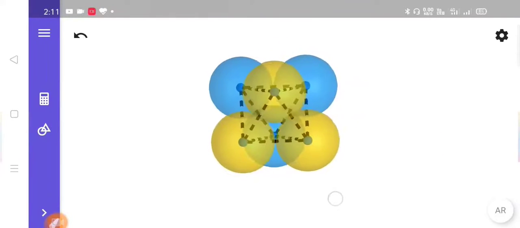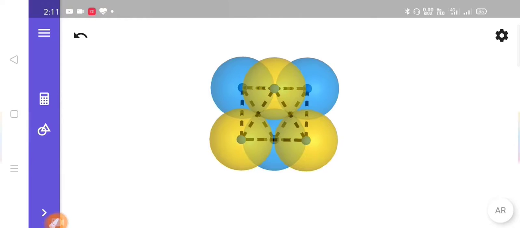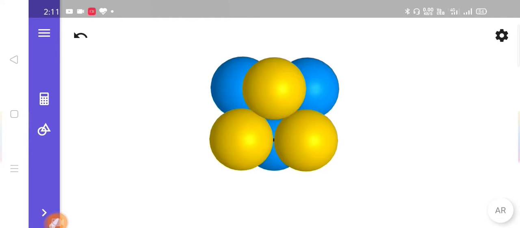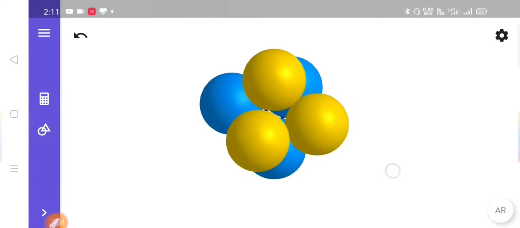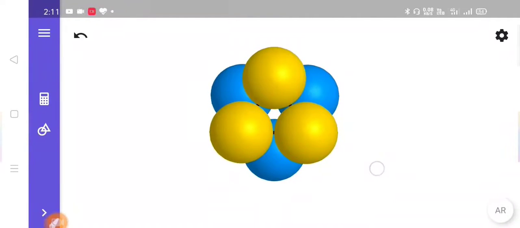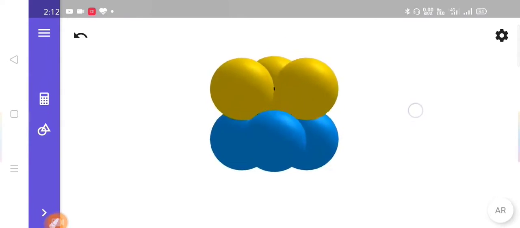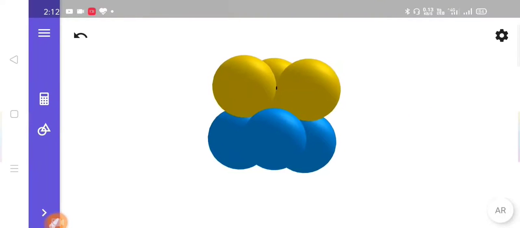So as you can see, we have a set of 3 spheres. These 3 belong to the same layer, and blue spheres belong to the same layer. Now if we observe this void, that means the empty space between these spheres, you can see through it. So octahedral void is open from both the opposite ends. Now you have to cover these openings with the spheres of other layer. So you can see here, we have openings on both sides.